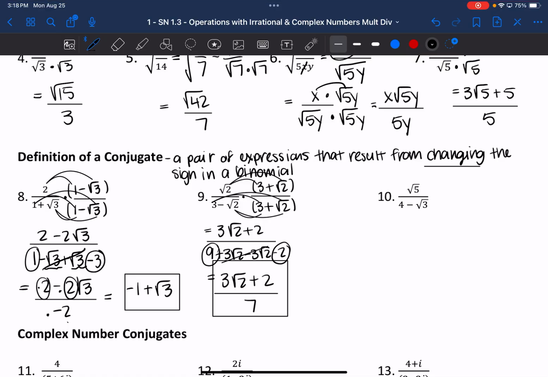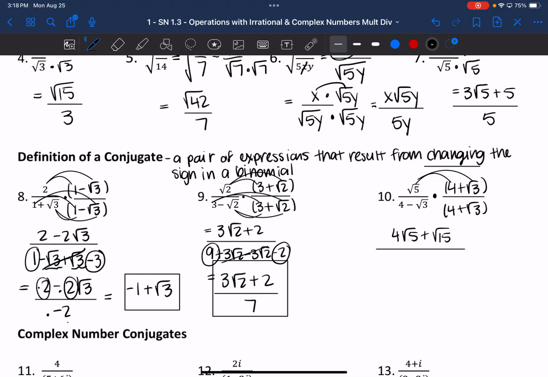All right. And then we got one more like that. So I multiply top and bottom by the conjugate, which in this case is going to be 4 plus square root of 3 in both the top and the bottom. So here I'm going to have 4 times square root of 5, which would be 4 root 5, and then root 5 times root 3, so plus root 15,